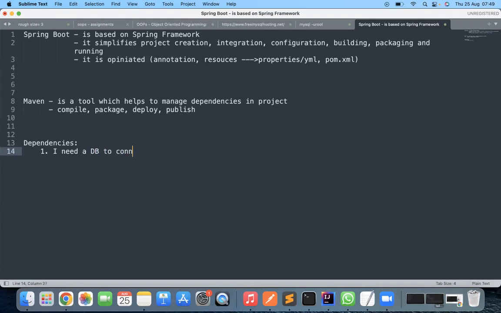DB to connect. And this DB is like a database, right? DB is different DB. You have types of databases. So all of the types it is going to bother about. So you say MySQL DB, Oracle DB, any of these databases,